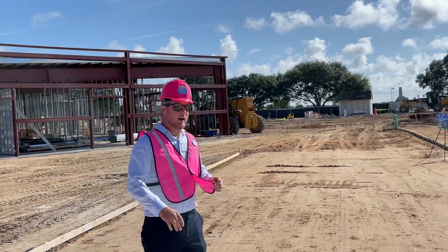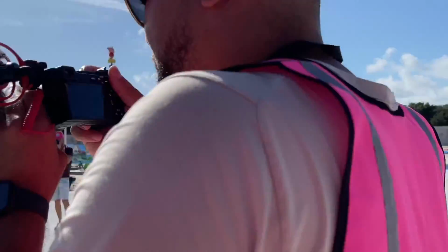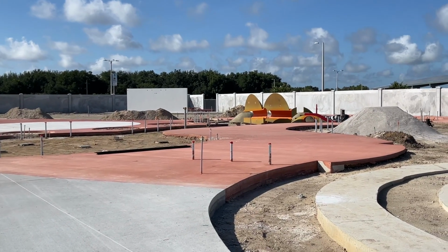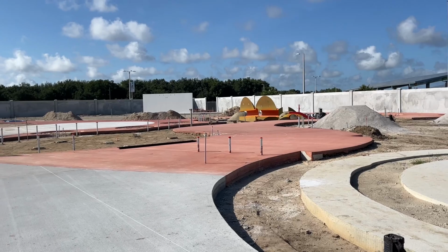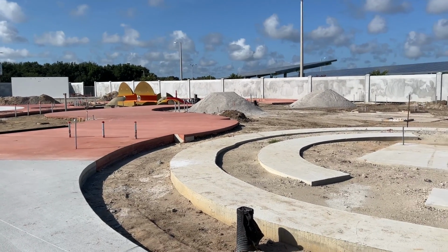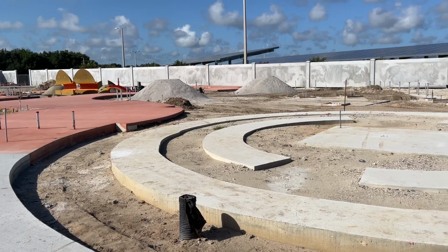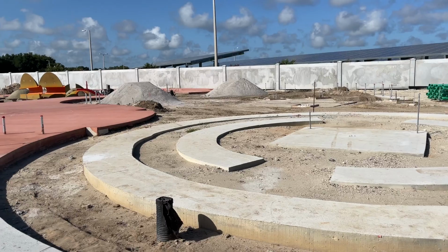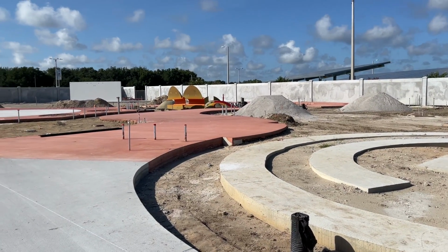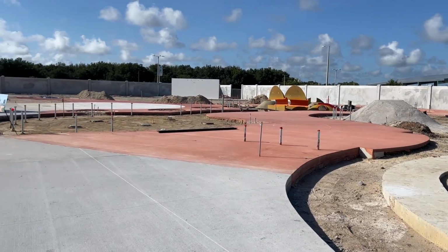Directly behind you guys is Granny Pig's garden. Within Granny Pig's garden, we're going to have a lot of exploring in a normal garden type setting. So we have Grandpa Pig's greenhouse garden, which is a large play structure for kids to hang out and play in. We also have George's Fort. The only way to get to George's Fort is to find your way through Granny Pig's maze. And then behind that we have